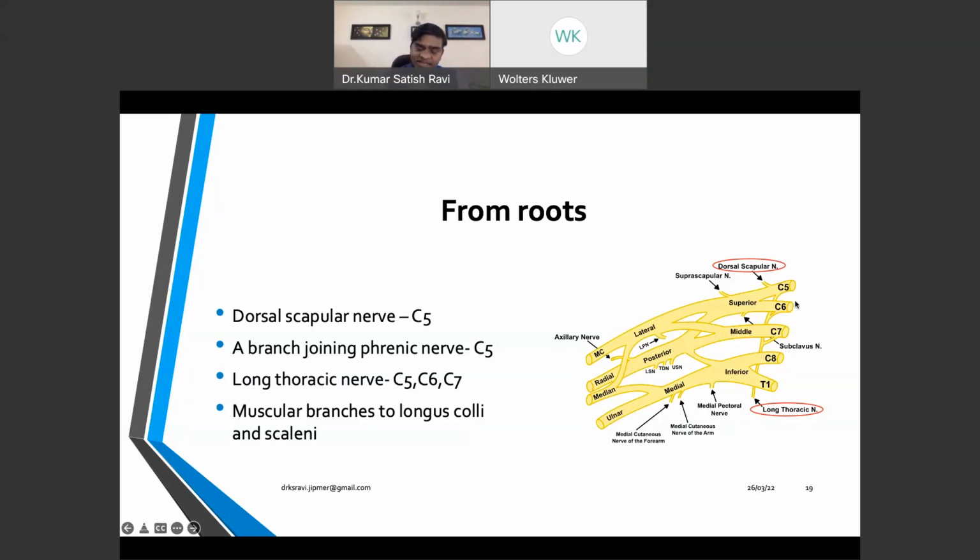These roots pierce the scalenus medius and pass downwards behind the brachial plexus. Later, what happens? They unite and enter the apex of the axilla behind the first part of the axillary artery. And then there will be a contribution from C7. So C5 and C6 will be joined by C7, and then it supplies all the digitations of the serratus anterior muscle. So what I wanted to say is that this long thoracic nerve or nerve of Bell